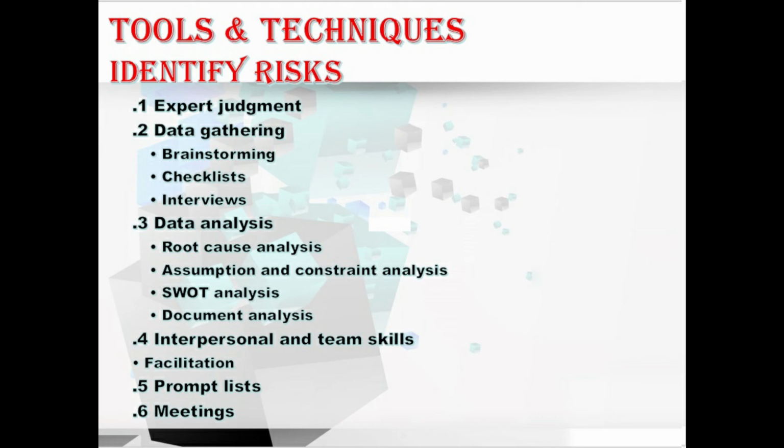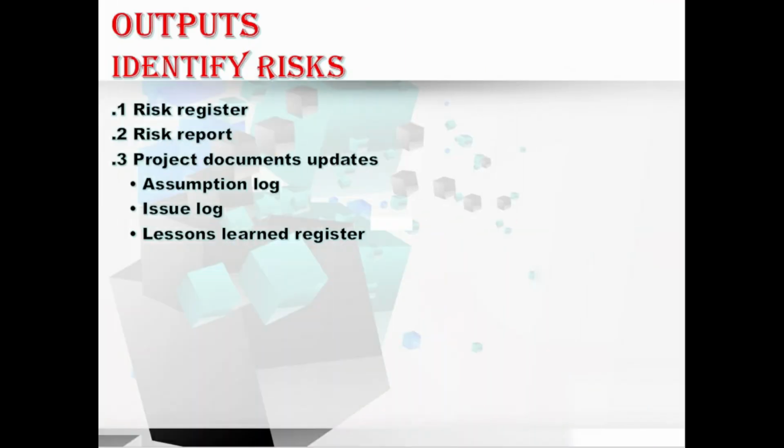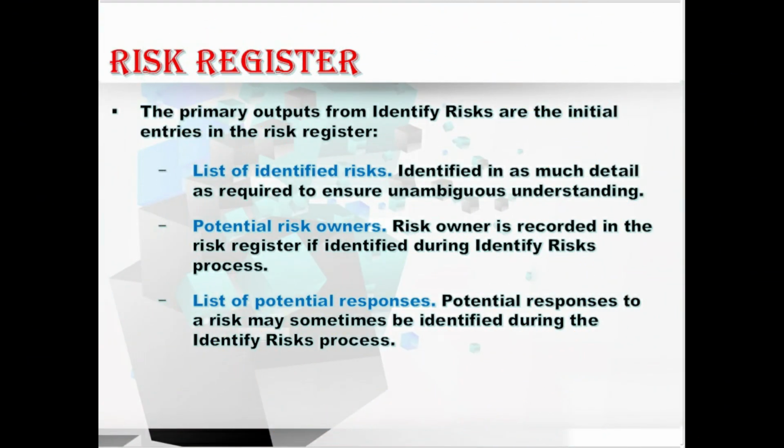So we have understood about all the tools and techniques of identify risk. Let's move to the outputs of this process. First, the risk register. What is the risk register here? The output, the risk register, captures the details of the identified individual project risks, and also the results of the performed qualitative risk analysis, the planned risk responses and the implemented risk responses. Monitor risk process, all are recorded in the risk register as those processes are conducted throughout the project.